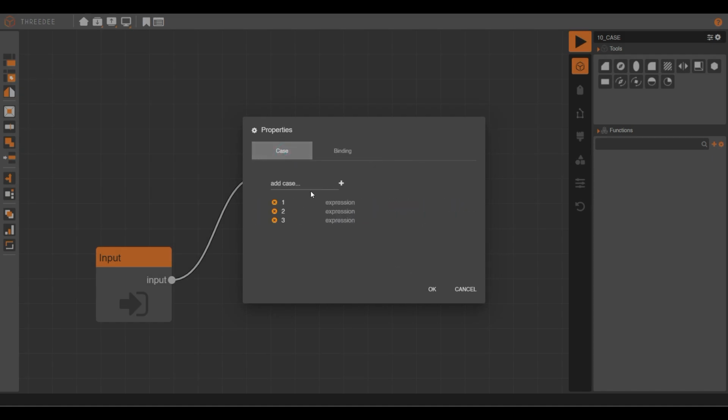Then I'm going to add my expressions using L. I will say that the first choice is L over 5 units, the second L over 10 units, and the last L over 15 units, and I will add here an L below 10 units